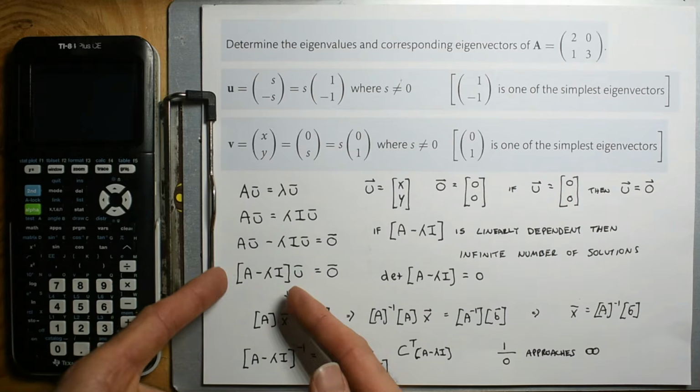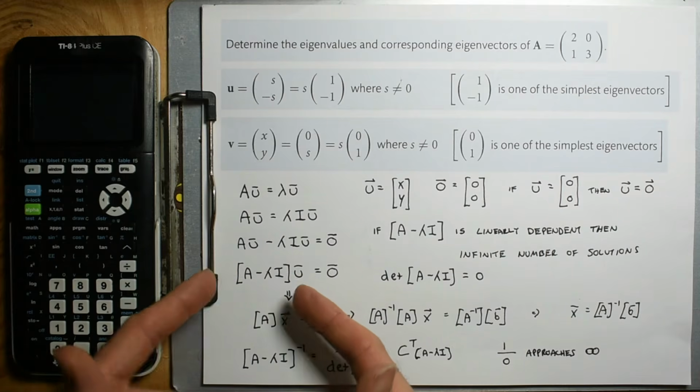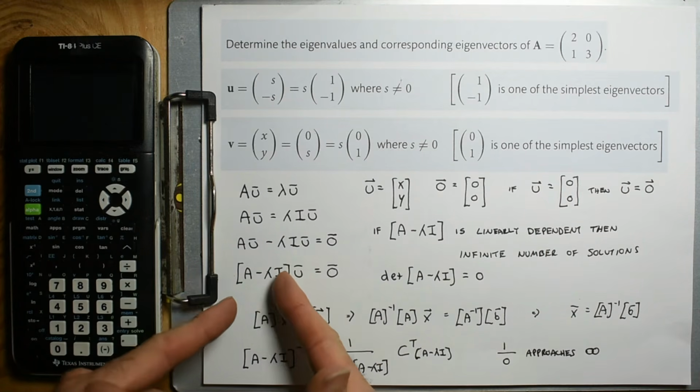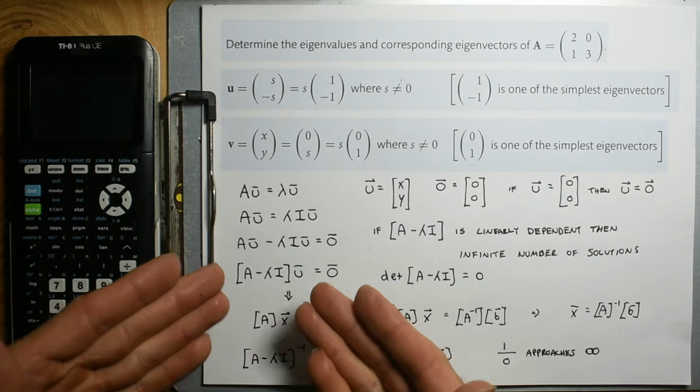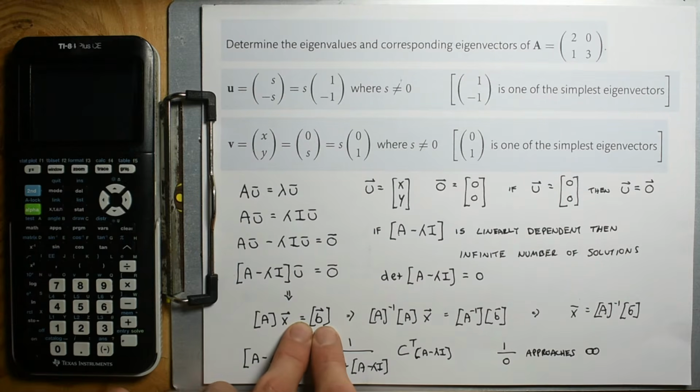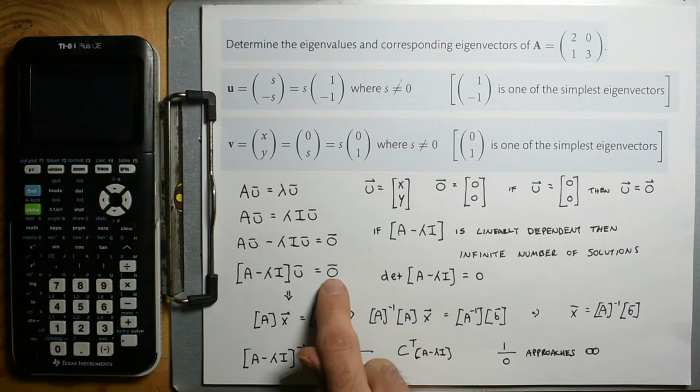Now this portion is just a matrix. I put it in brackets just to say, hey, once you do the subtraction operation and this scalar times the identity, you're just left with a single matrix. And so we have it in the form of AX is equal to B. Cool. Now, because this is the 0 matrix,